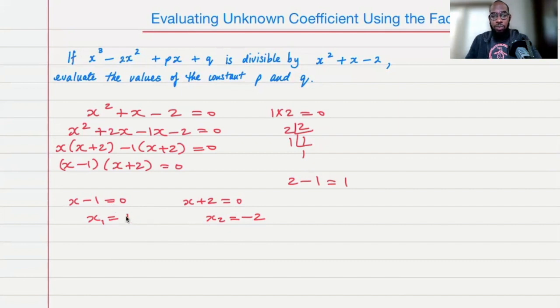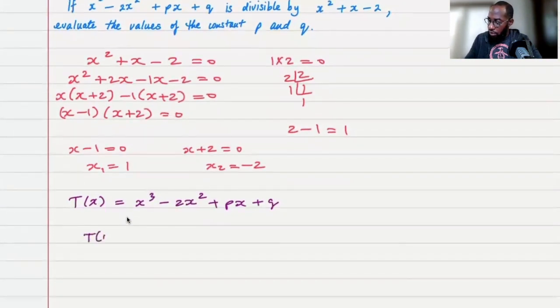substitute. We're going to substitute x equals 1 into this. I have to name this equation. So let me name it, not p, let me name it t of x. The reason why I didn't name it p of x is because you have to find p in it, so there's a little conflict there. So t of x is equal to this. When x1 is equal to 1, let's substitute. So t of 1